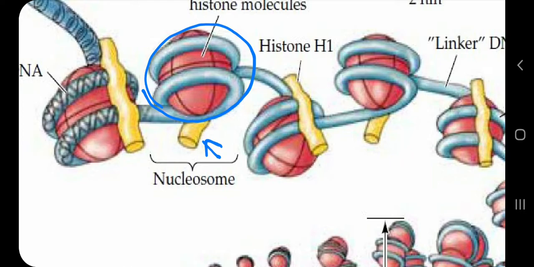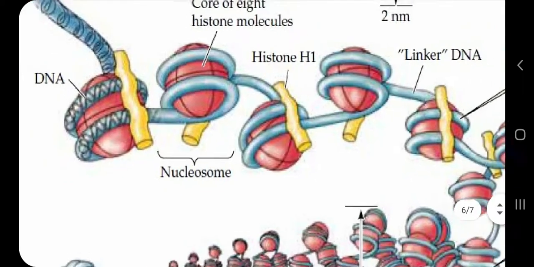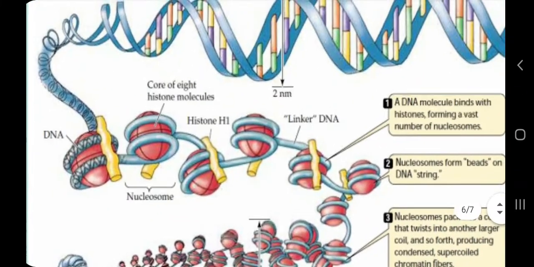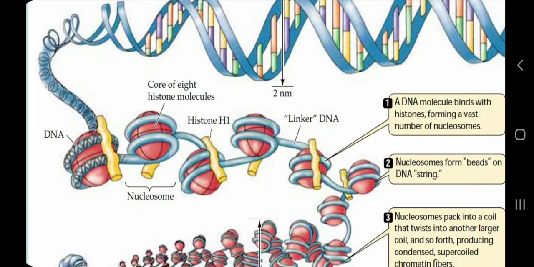If you want to involve this H1, it is called chromatosome. So you can see the periodic attachment of H1 everywhere. If you are taking only octamer plus DNA, it is called nucleosome. If you want to involve H1, it will be called chromatosome. And the name also indicates that we are taking the unit of chromatin or chromosome. I hope I am making sense, and if you find it difficult, please rewind the video, review the video, and read your NCERT text and try to reconnect, and let me know if you have any difficulty.